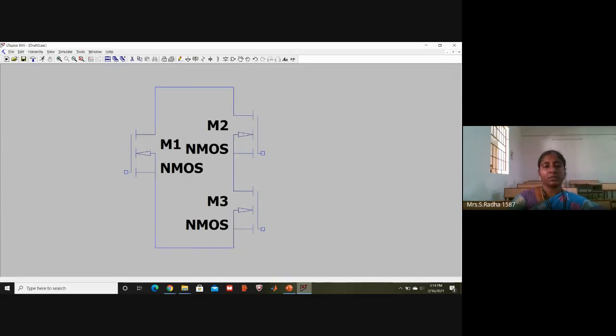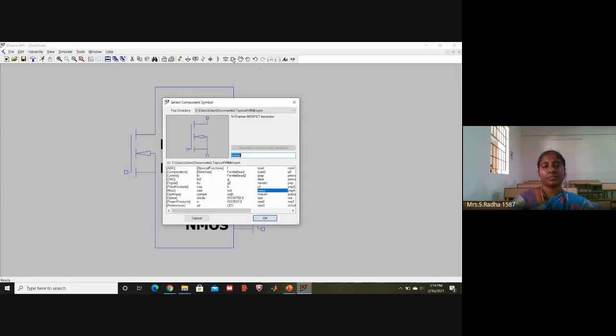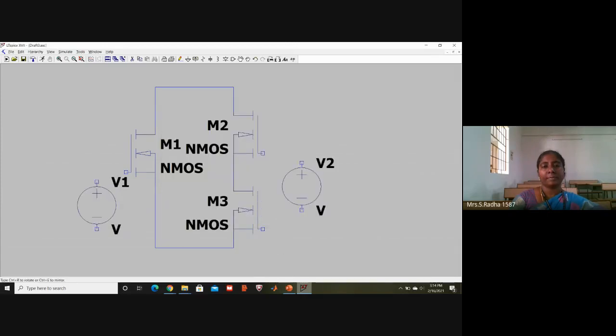Okay, I want 3 voltage sources. Left side I will give A, this is B, and this is C. Escape. I want ground also.